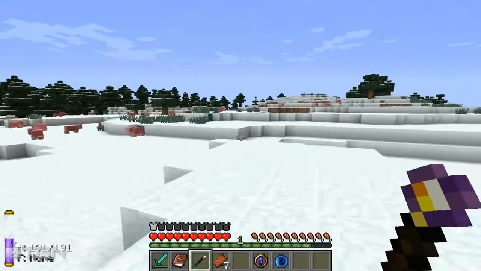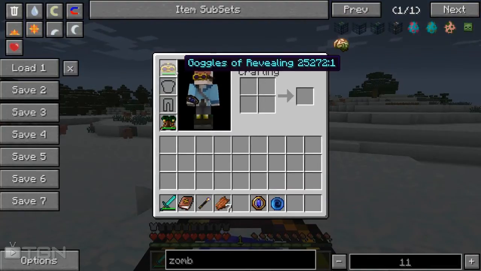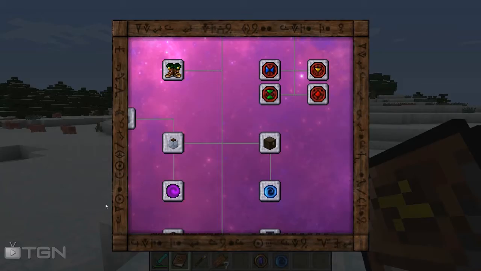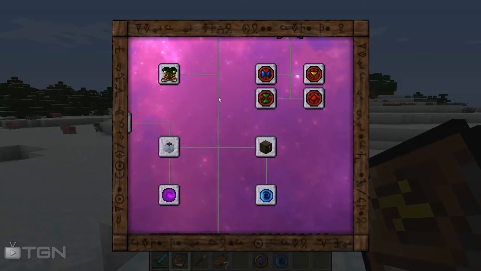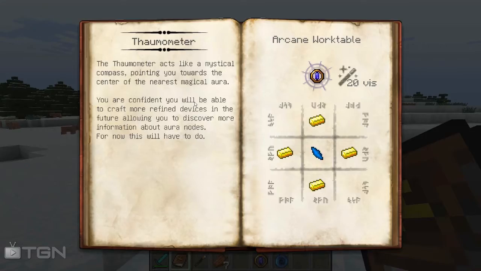Now the next one we're going to look at is this lovely item, the Thaumometer. For this we're going to need to take off the goggles of revealing, and we'll go into the Thaumonomicon and have a look at it. So we're looking for the, where are you? I know you're here somewhere. There you are, Thaumometer. The Thaumometer acts like a mystical compass, pointing you towards the center of the nearest